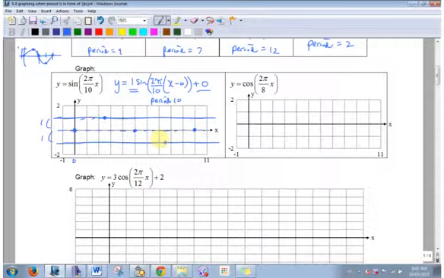Finally, you look at your phase shift. Do I got to move this thing left or right for my final sine graph? No, I don't got to move it nowhere. So that's it. Now, graphing this,